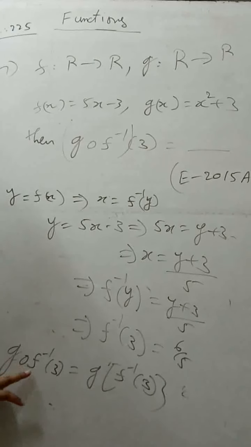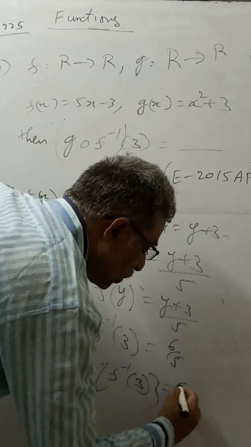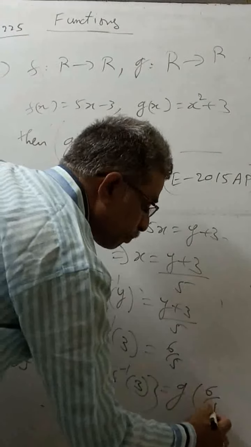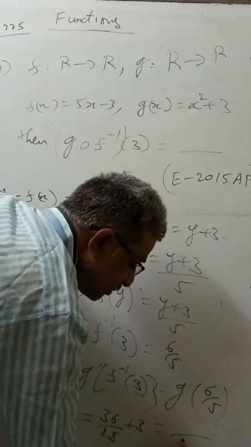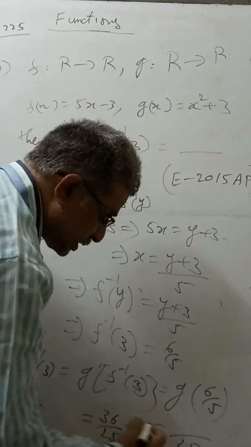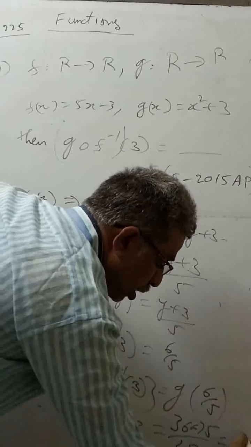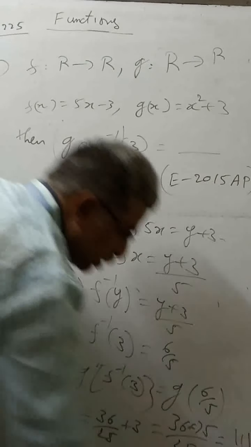Is giving g∘f inverse, just inverse for f. So I am finding that 1 is equal to g of f inverse of 3, we found it as 6/5. So if you substitute 6/5 in the given function, g of x is x square plus 3. So (6/5) whole square, 36/25 plus 3. So LCM is 25, 3 is 75. So LCM 25, 75 plus 36. 75 plus 36 becomes 5 plus 6, 11, 1, 1, 111/25 is our final answer.